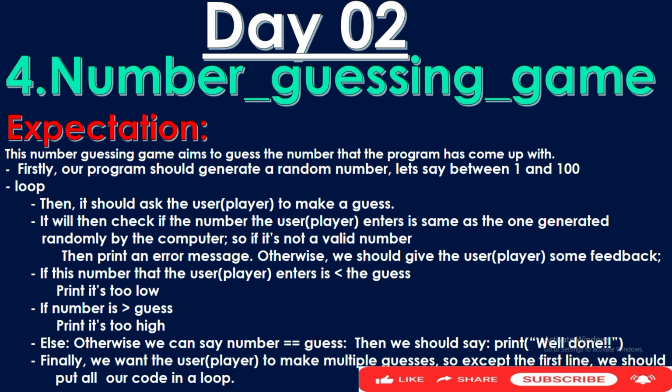So the first of them, which is the fourth project overall, is the number guessing game. As I told you guys, always be in the attitude of creating an expectation or a mind map for whatever project you want to build, because this is going to help you to know how to assemble your code, to know what comes first and what comes next, or what is expected at the end of this particular project.